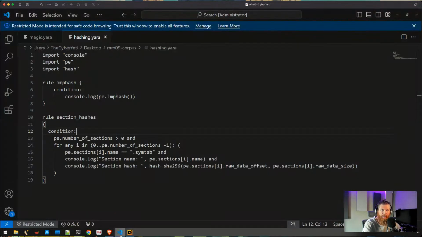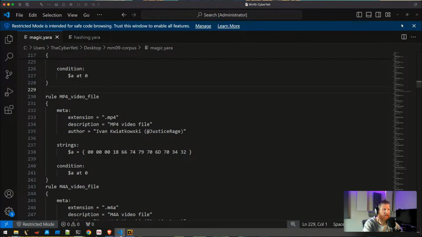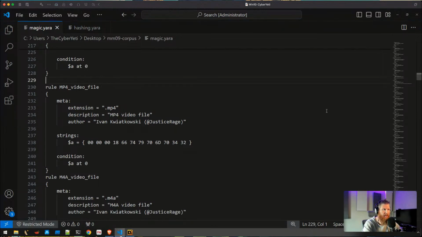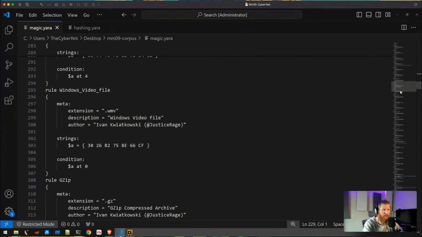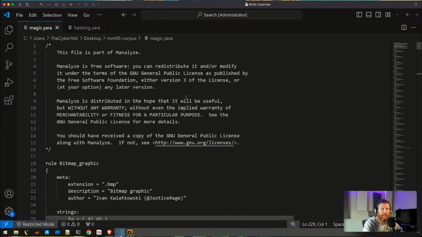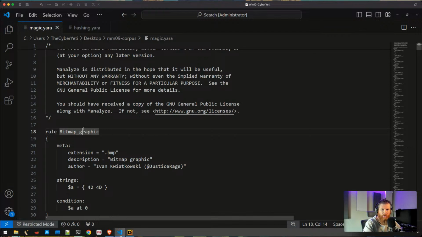Now, the last thing that we can talk about is just some basic YARA stuff. This is a file you'll see is really large, a lot of rules in here. But I just plucked this morning off of a GitHub from Manalyze, and I have no idea what this is. I don't mean anything by that, I just have no idea, right? So I'm just using it because this fit the bill in terms of what I was looking for.